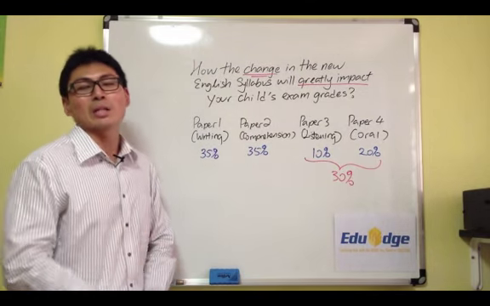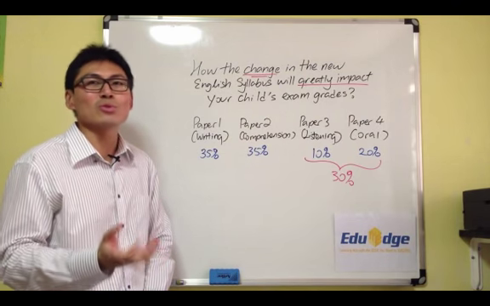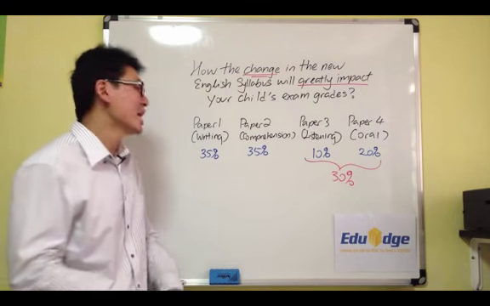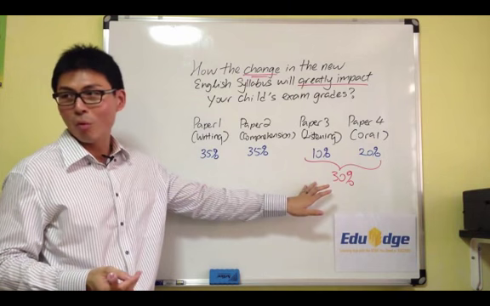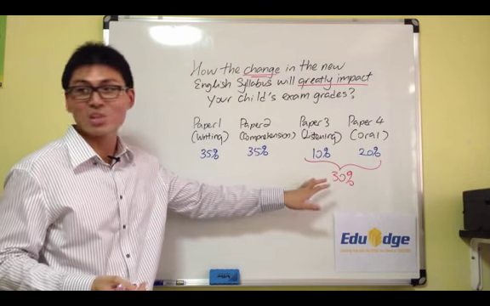Right, and parents, think about it now. For most students, they will be asking, what do I need to do to pass my English, or what can I do to secure a distinction in English? The game plan is fairly simple. You want to ensure that for Paper 3 and Paper 4, out of the maximum possible 30%, you score as high as possible.